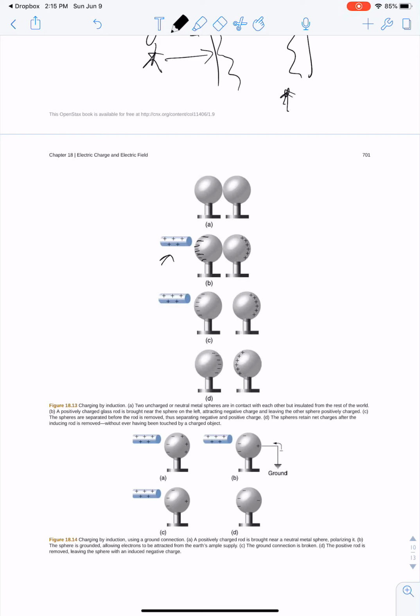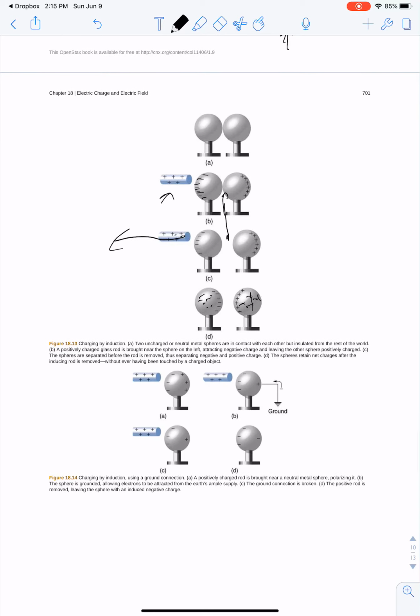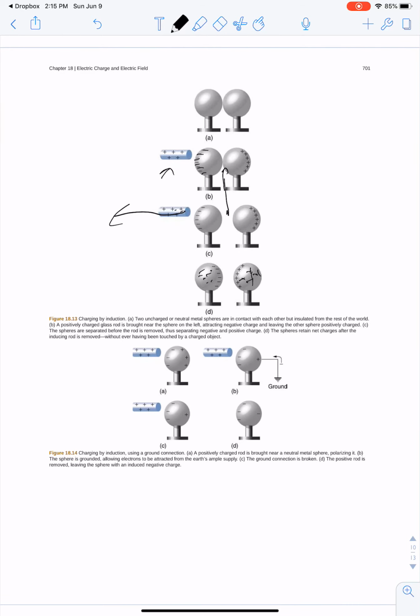So they're going to move to the other side. Then if you separate this, so you pull this apart, now when you remove this positively charged thing away from it, you end up with a sphere. So this whole sphere is net negative, this whole sphere is net positive. So you created a charged sphere without having to touch anything. Okay, so that's charging by induction, and that's kind of how photocopiers work when they charge up the paper,